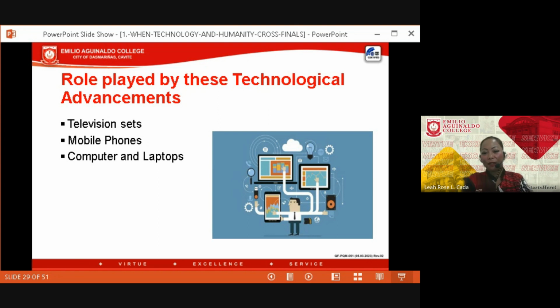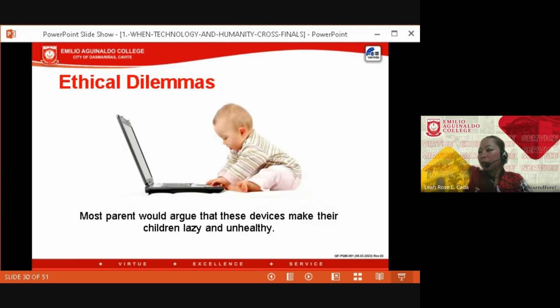Okay? Anyway, some ethical dilemmas that we face, yung binanggit ko na earlier. The population grows younger and younger when it comes to the use of laptops, or gadgets even. There are no laws around the globe that state a limit when it comes to the age group that should be allowed for computer use or gadget use. Okay? Kaya nga,